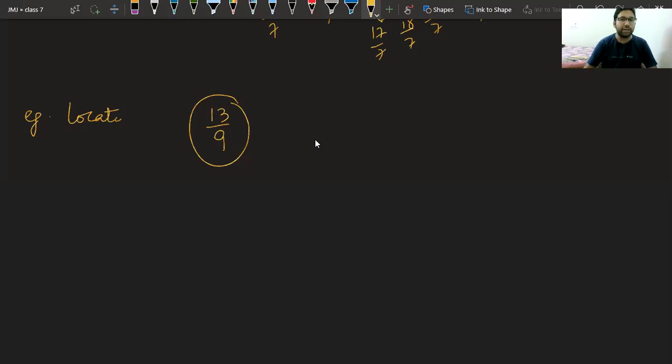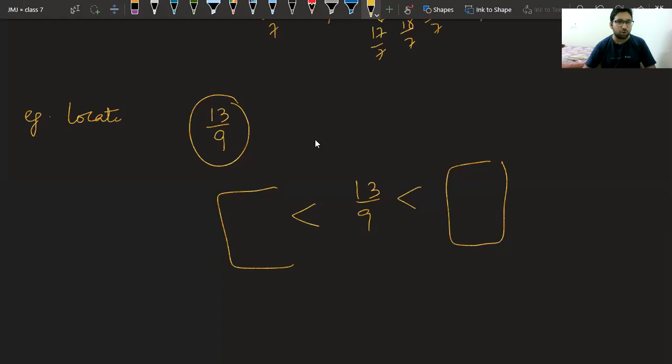That's it. Okay. So class, first we will try to find the larger integer and the smaller integer. To find the larger integer, what do we do? We add some number, minimum, so that it becomes divisible by 9. What should I add? I will have to add 5 in this. It becomes 18 by 9. What should I subtract to bring the lowest or the smallest of this? Minus.